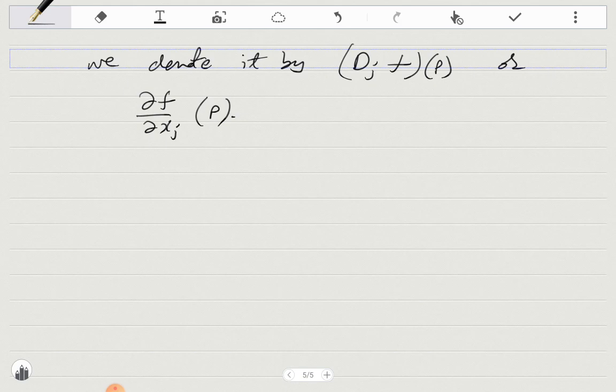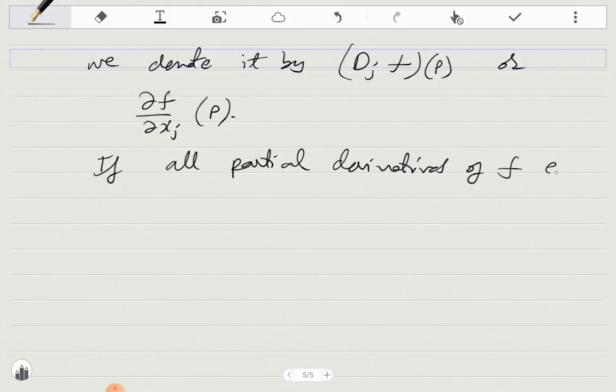Of course, assuming all these things exist, the limit may not exist at all. Right. So then if all partial derivatives, so there are n of them corresponding to each element of the standard basis, if all partial derivatives of f exist at p,